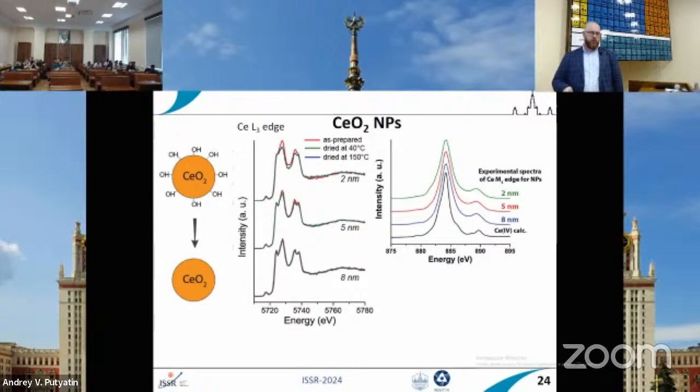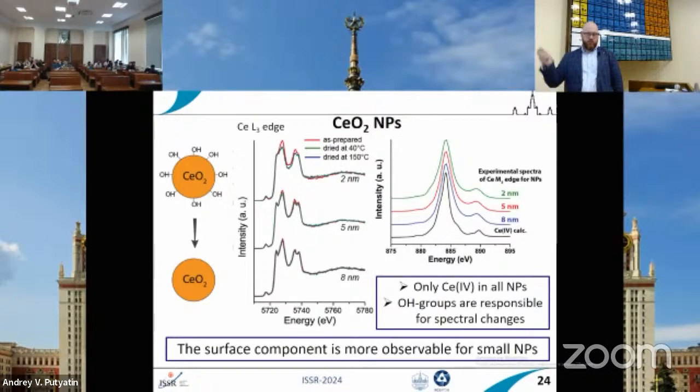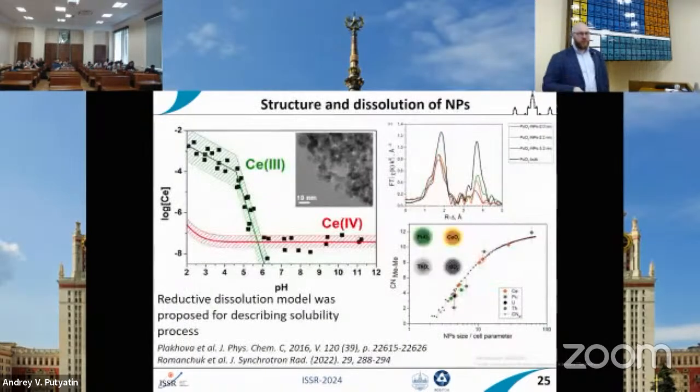First of all, it is only cerium +4 in all nanoparticles. And there are hydroxyl groups on the surface of the nanoparticles that are responsible for some spectral changes. But again, it was a very good final point in the discussion that there is only cerium +4 in these